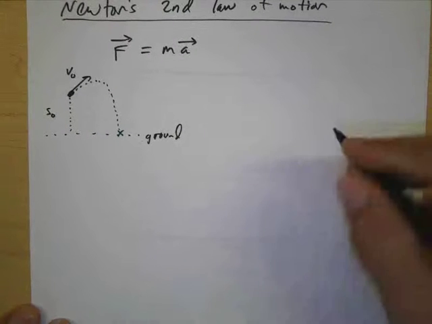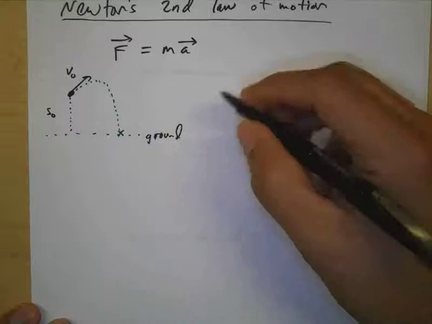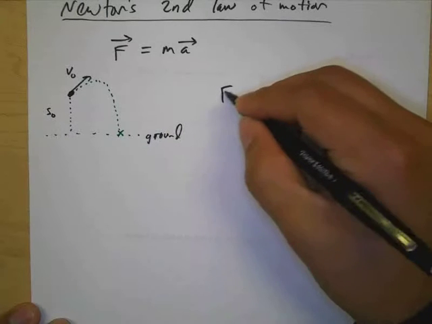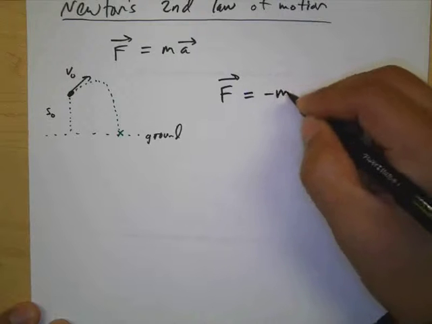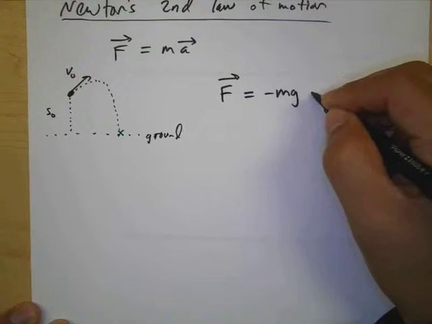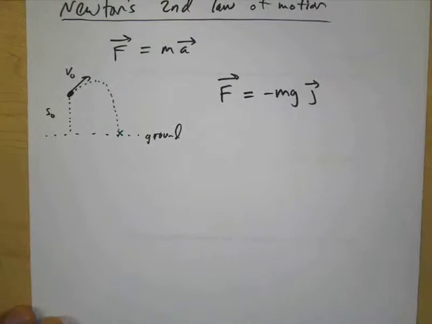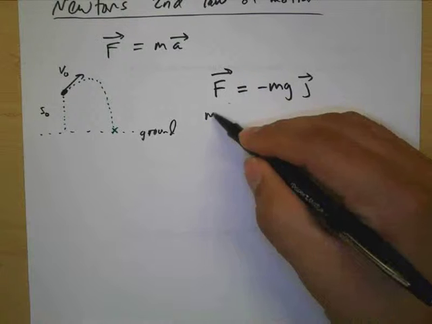since the only force acting on the object is the force due to gravity, we could say that the force is minus mg times j, since that's two-dimensional here. And if we plug in ma,